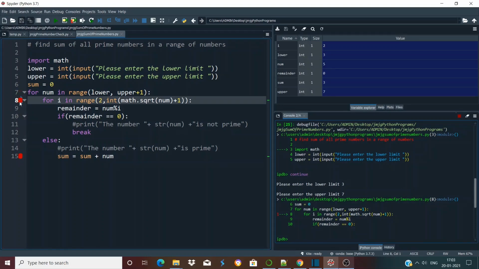Now if we again press, what is the current value of num now? The current value of num is 5. So we have again got a prime number, so it will obviously come to the else block. Let's press Ctrl plus F12 again. It has come to the else block, right?